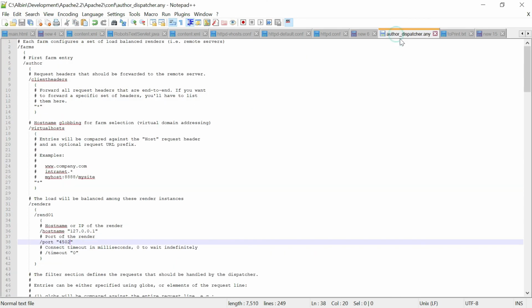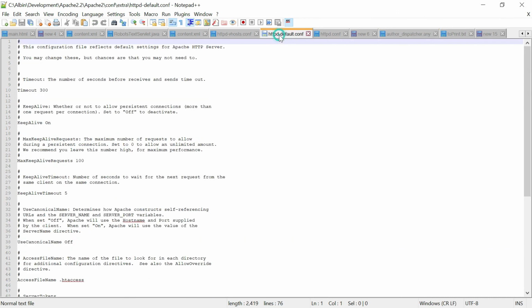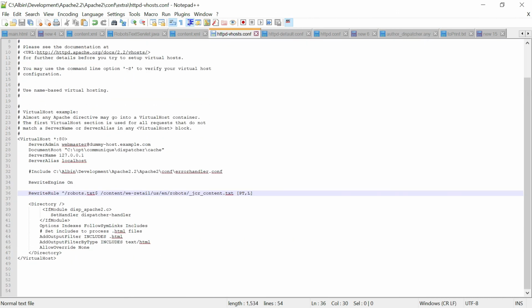If you go to the vhost file, what I did is create a rewrite rule in this virtual host. If the request comes for robots.txt, internally I am directing it to this path. If you see, it's a PT rule, a pass-through rule, not a redirect.